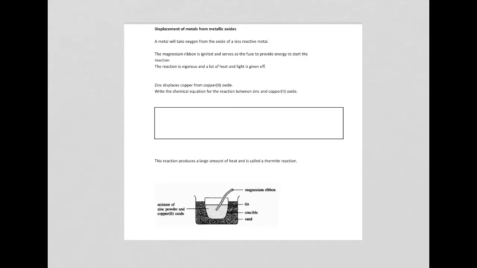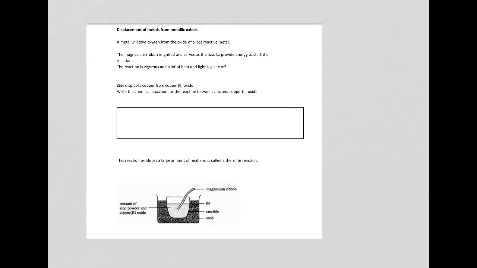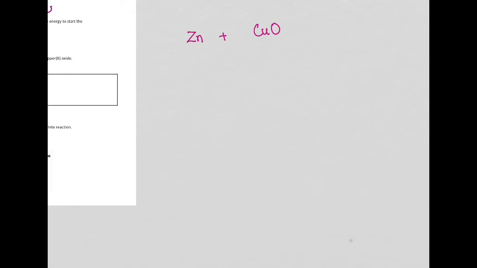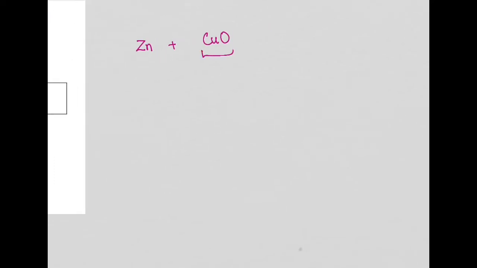Let's look at another kind of displacement reaction. Here we are going to have a metal that will take oxygen from the oxide of a less reactive metal. For example, if you have zinc reacting with copper oxide, this is a metal oxide and it contains copper, and copper is less reactive than zinc, which means that zinc is going to be able to take